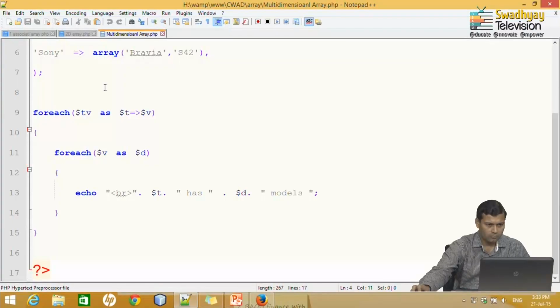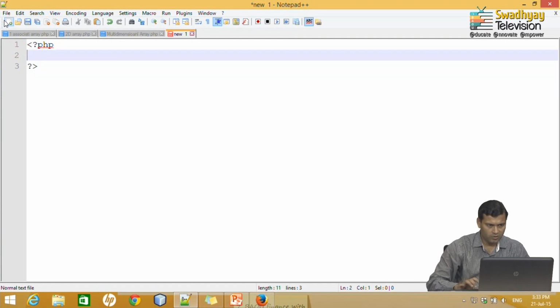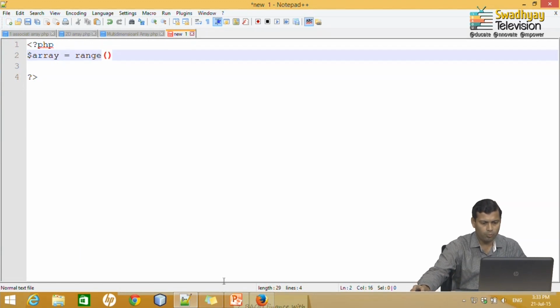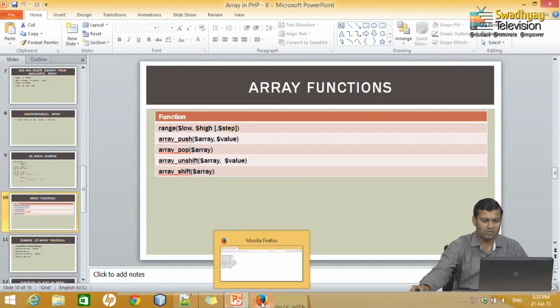Say for example, I create new code and I define $array is assigned to range, and I have to provide 2 parameters, the third one is optional. First the low value, meaning the starting value, then the highest value, and what steps you require.